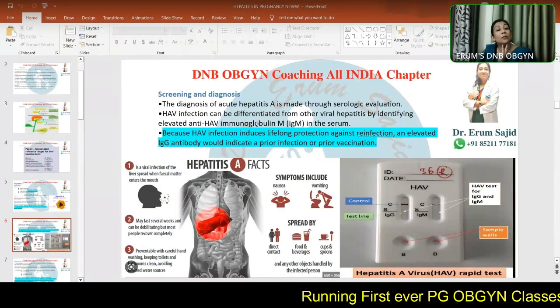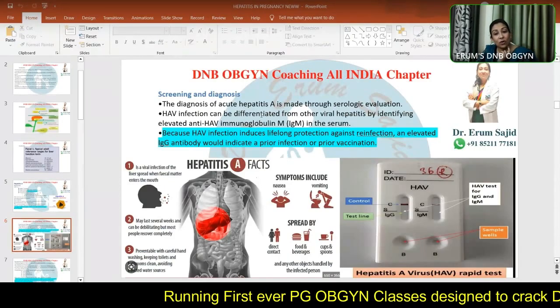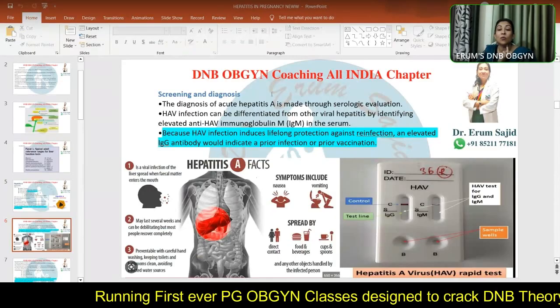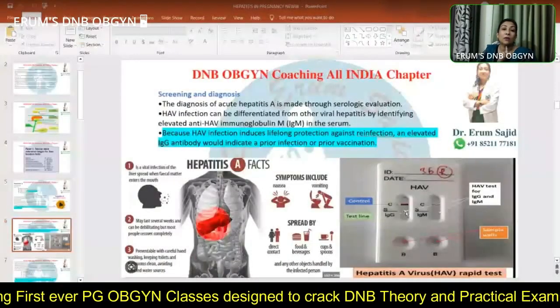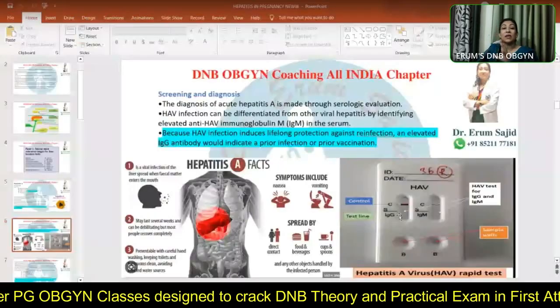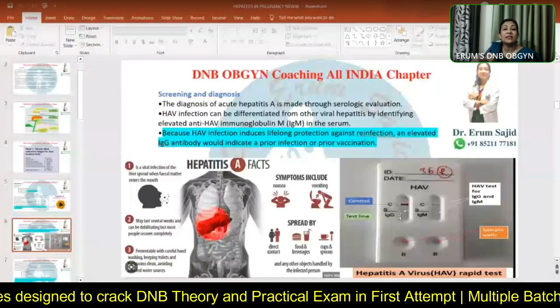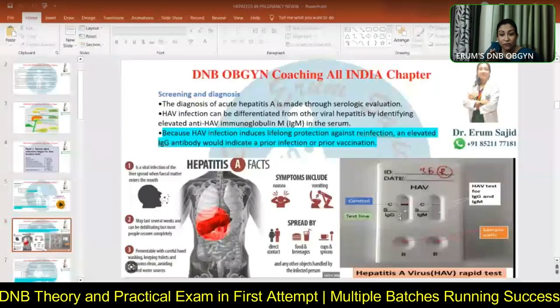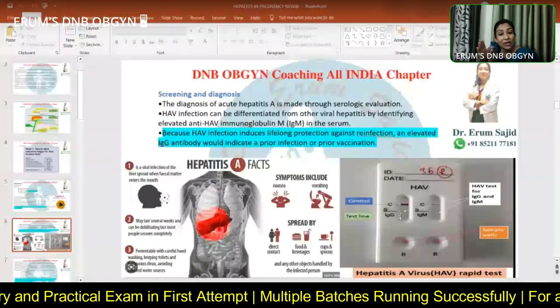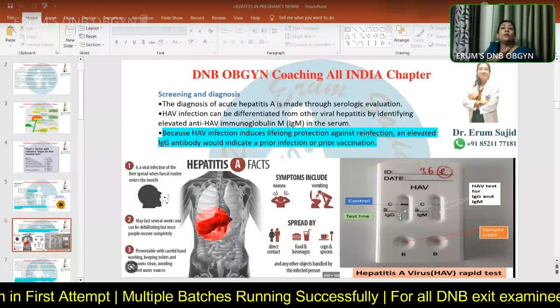Then comes the question of diagnosing the disease, screening and diagnosing. So can you see a little bit of the small kit over here? Hepatitis A virus. Now, how many of us have seen these kits? Sometimes it's attached to the OPD paper and given to us. Kit for hepatitis B virus testing, hepatitis C virus testing, and now hepatitis A virus testing also. And if you can see, there are two wells. One is for IgM, one is to check IgG. Okay. So now it's very, very clear.